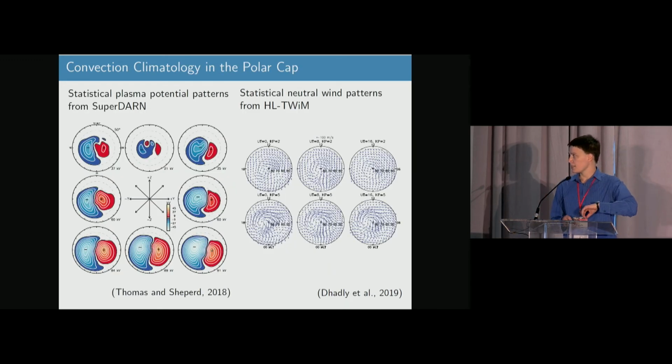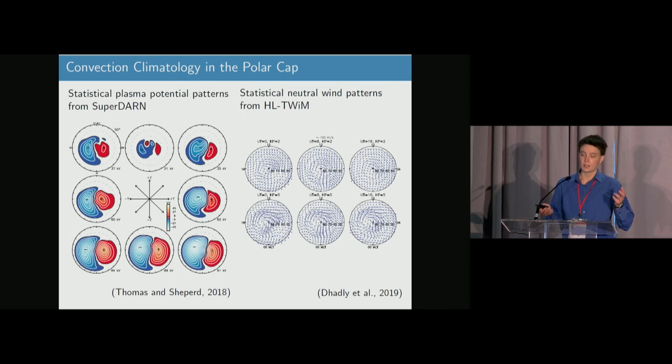So looking at flows in general, if we want to look at the statistical convection, we can look at the SuperDARN convection maps that say, from a statistical point, what do we see? You have your normal two-cell convection pattern for southward IMF. But when you have northward IMF, you end up having reconnection happen in the lobe of the ionosphere, which tends to drive small reverse convection cells on the dayside, which can produce some really interesting dynamics in that region.